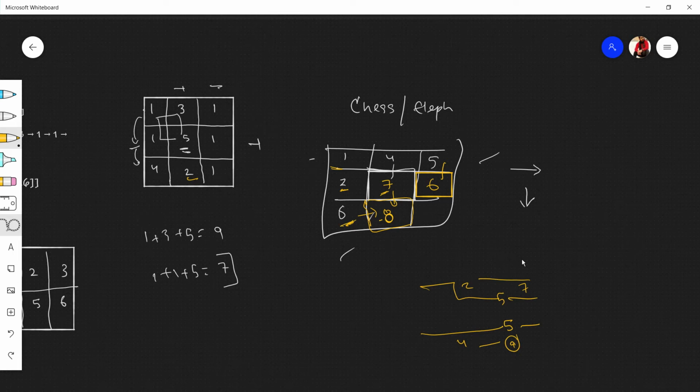That comes from the path 2 4 1 1; let's check it: 2 plus 4 plus 1 plus 1 sums up to 8. So this is the minimum we need to pay to reach this cell.